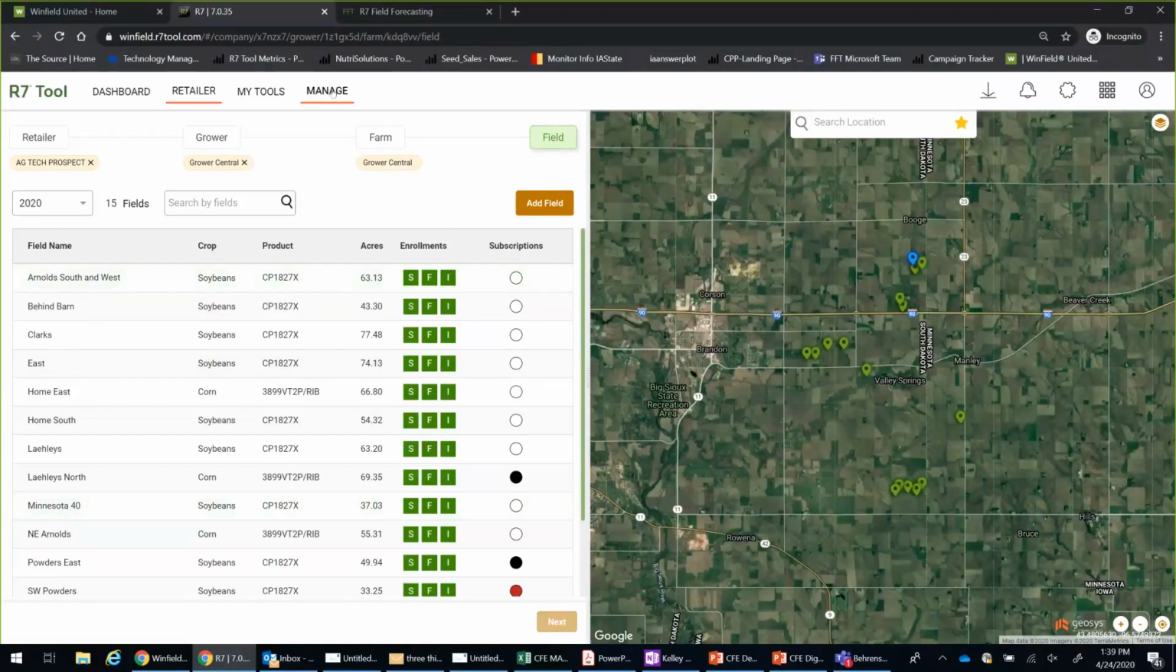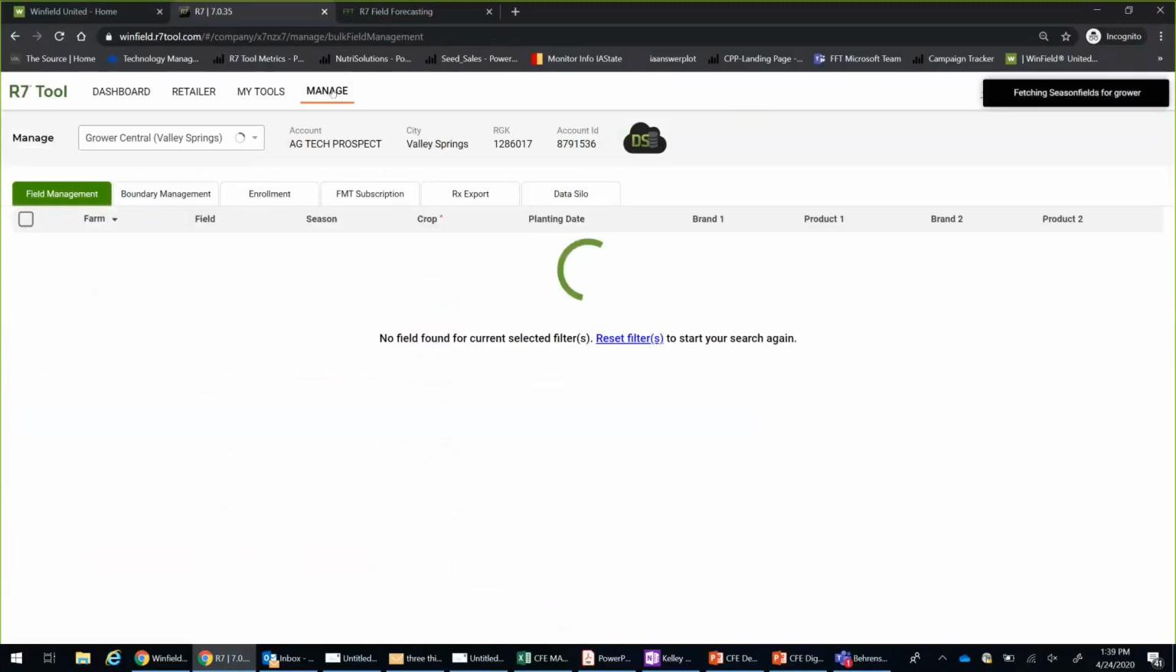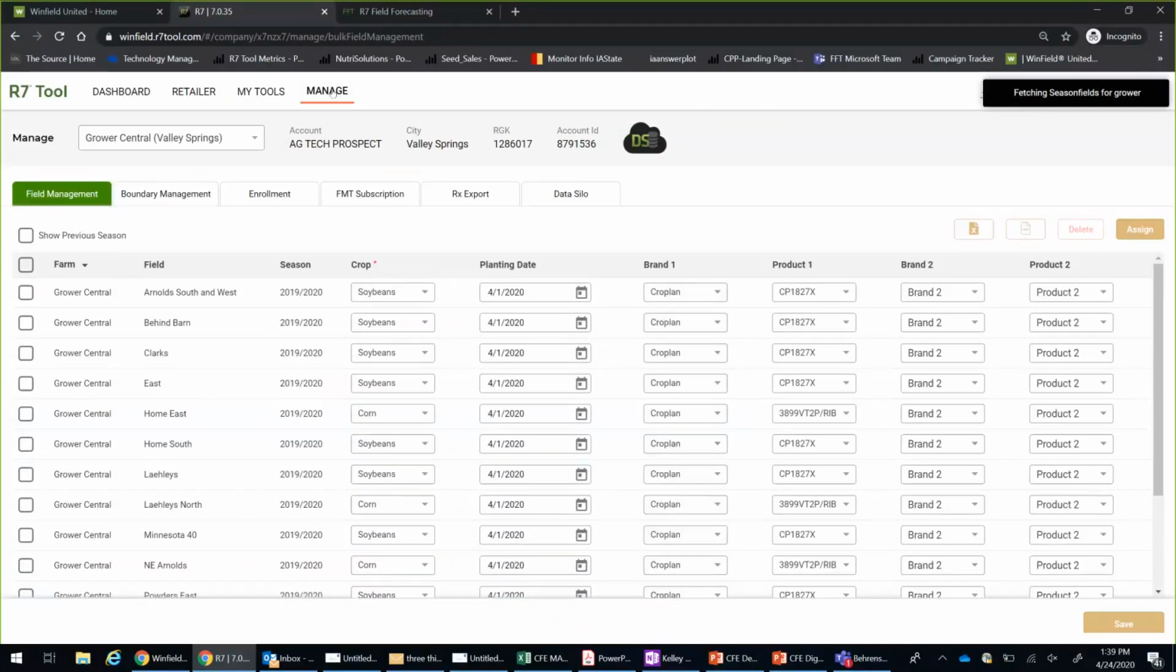This is all the fields that the grower will be planting for this season. You can go ahead and click this Manage button, and this will open up the management tools for this particular grower. This makes it so much easier to be able to do everything all at once instead of having to edit all of the field details